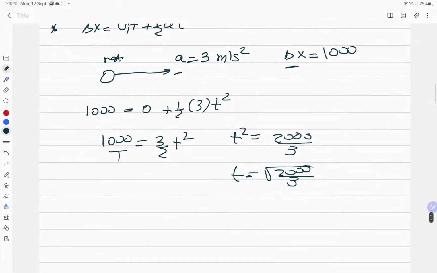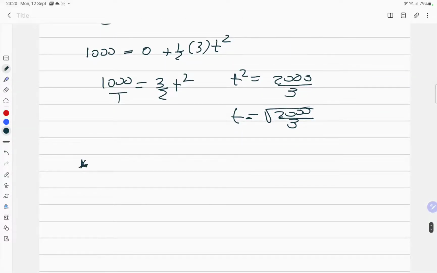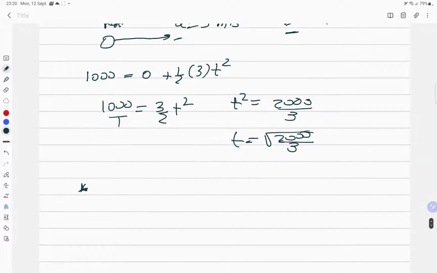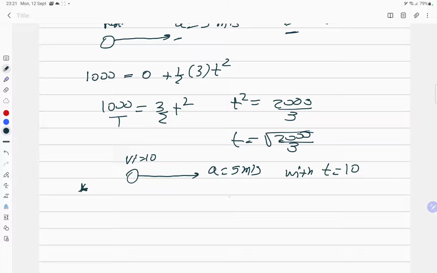Okay. One more. Let's say an object starts with a v initial equal to 10 and accelerates at 5 meters per second squared for a time of 10 seconds. As an example, what is the displacement? So delta x in this case is going to be v initial, which is 10, plus